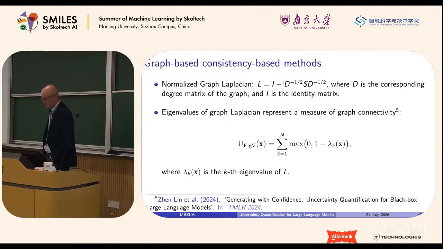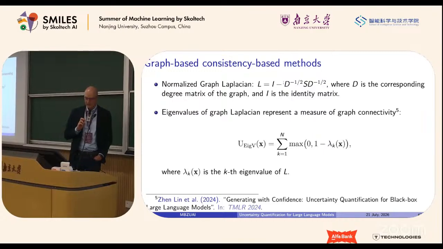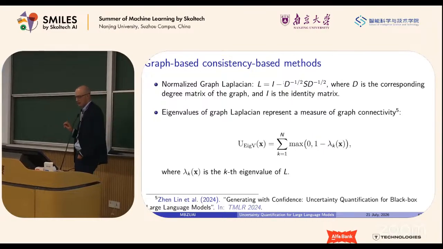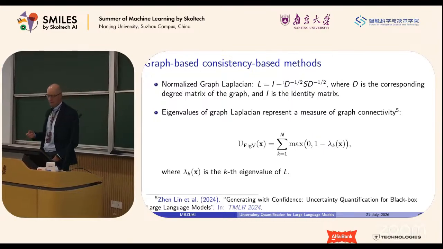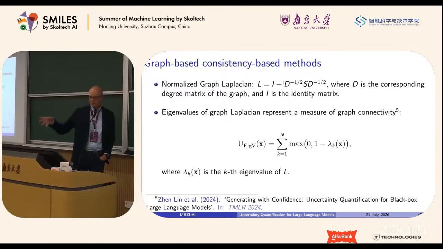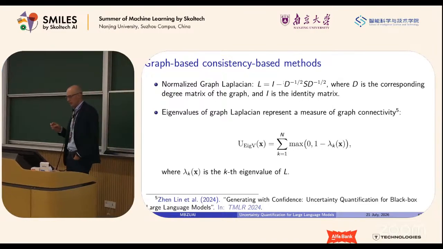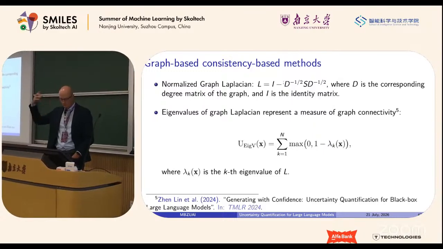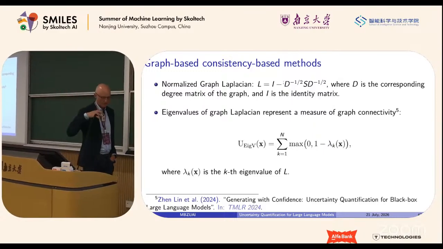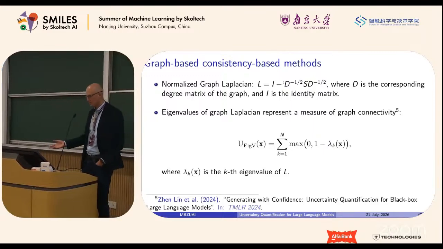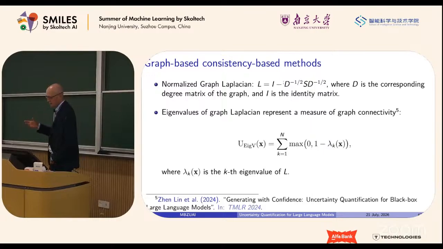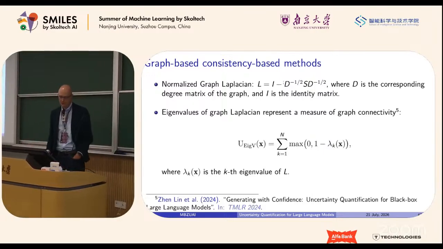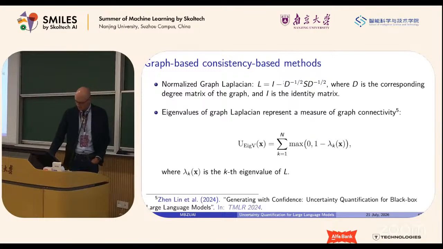One of the strongest techniques is the eigenvalue method that computes the eigenvalues of the graph Laplacian, which basically measures graph connectivity. And this score will give you a more or less good consistency measure. So once again, you can compute similarity of your samples to each other, create a graph, construct the graph Laplacian, and then analyze this graph Laplacian in multiple different ways. One of them is using these eigenvalues.